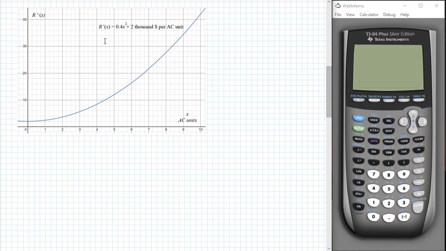This is the graph of marginal revenue, and it's a derivative. So if I were to do area on this, I would expect that it's going to give me back information about the revenue function. In fact, it's going to give me a change in revenue. So what I need to do is find the area under the curve, from 1 to 9, that's what's specified here. Under the curve,